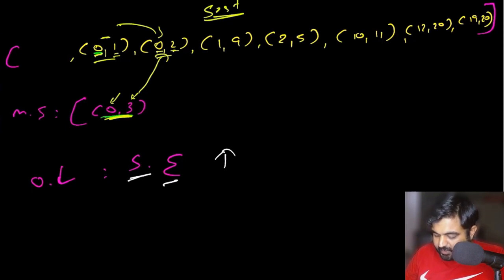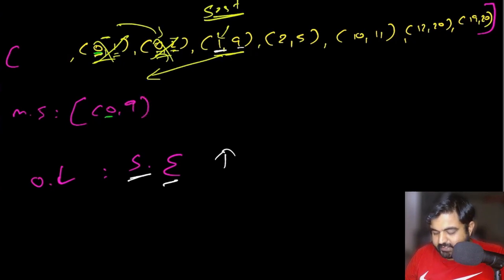In this case, because 3 is greater, again we are going to get rid of this one. We can also get rid of this one, and now we are at this position. Again we are comparing it with this one. So now, okay, 0 and 3 and value is 1. 1 is between 0 and 3, which means there is an overlap, and we are going to create a 0 to 9 over here. Now again we are going to get rid of this one.